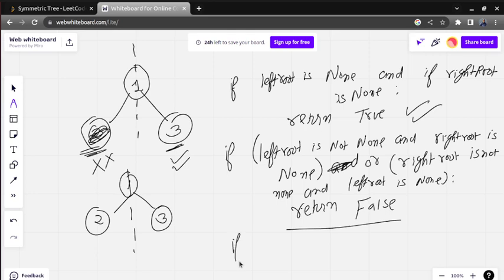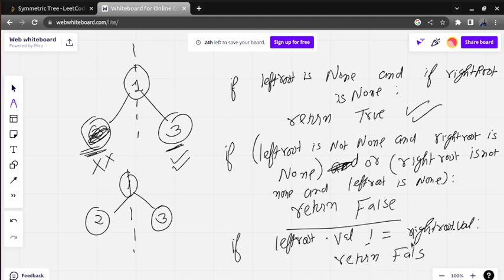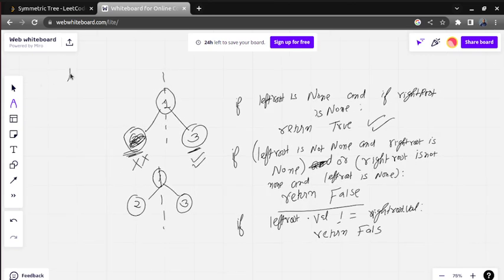So we need to write the condition like this: if left root dot value is not equal to right root dot value, then we need to return that it is not symmetric. So we have seen three cases. What are the three cases? One case is if there are no elements, then it is symmetric, so we will return true.